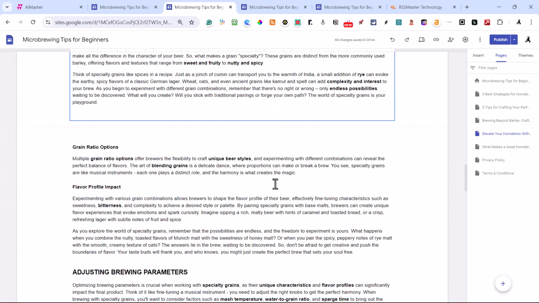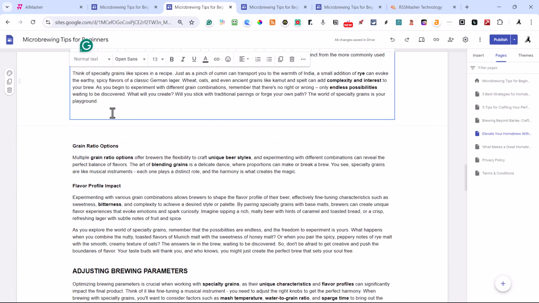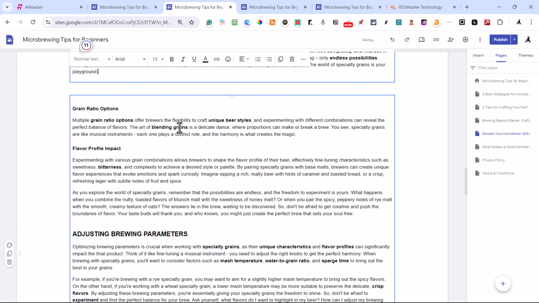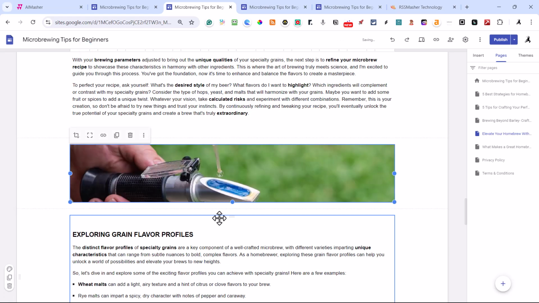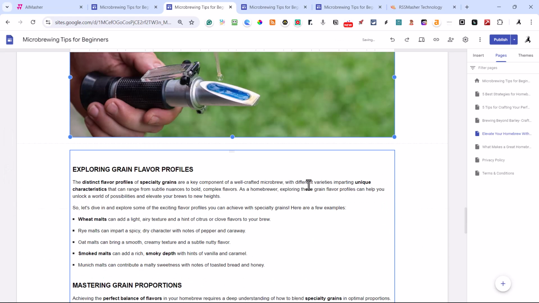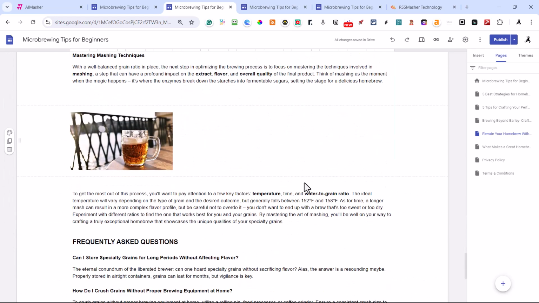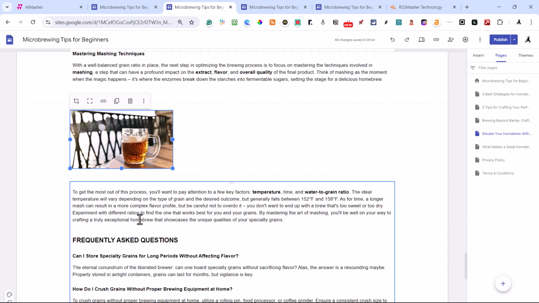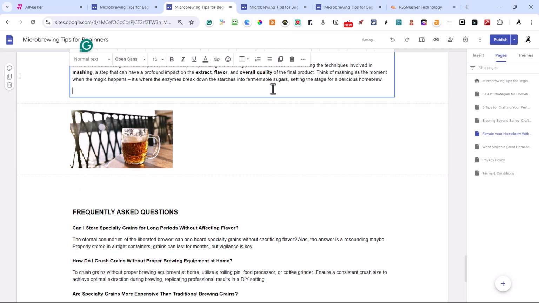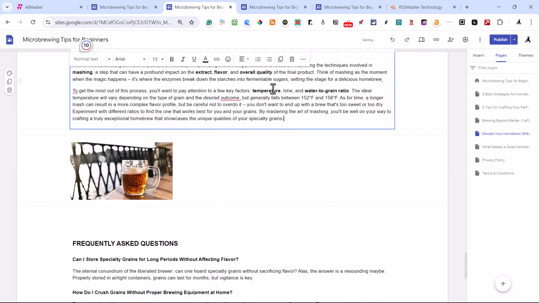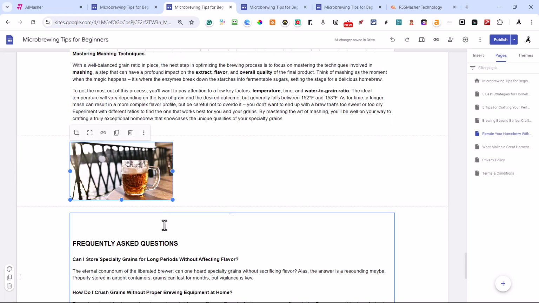That looks good. Looks real good. And we're good to go. So I'm gonna copy that, Control X, paste that in, delete that extra line there, and frequently asked questions.